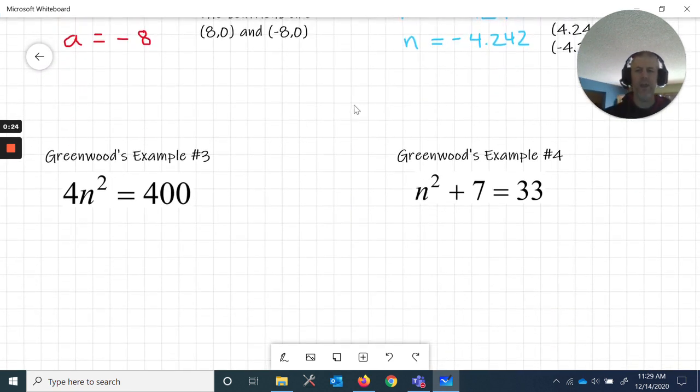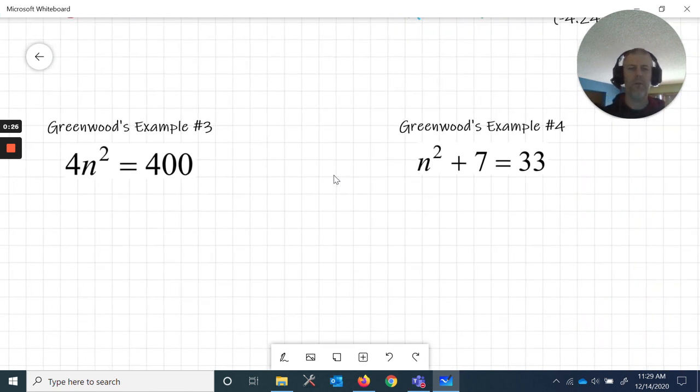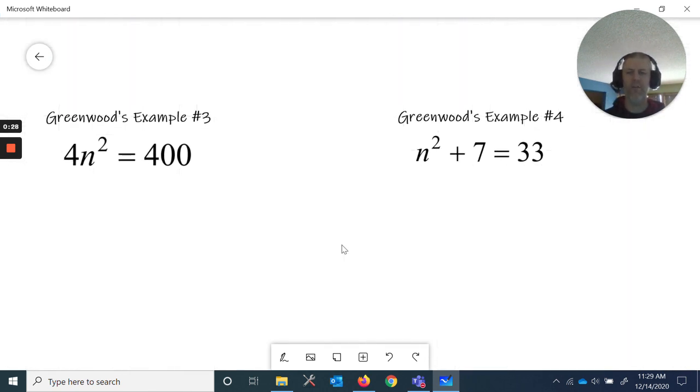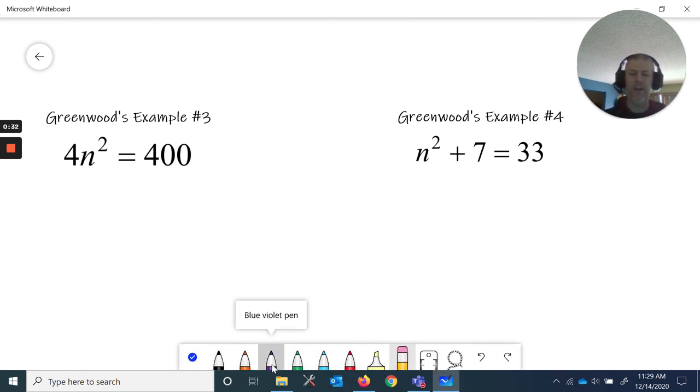So here we want to try and do a couple more examples for you. With this one, there's actually a couple ways I can solve this one. But in general, if we can get the n squared isolated, that's going to be the best. I could square root both sides, then we're dealing with some negatives and stuff. So I like to divide both sides by 4 first. So that's going to leave me with n squared